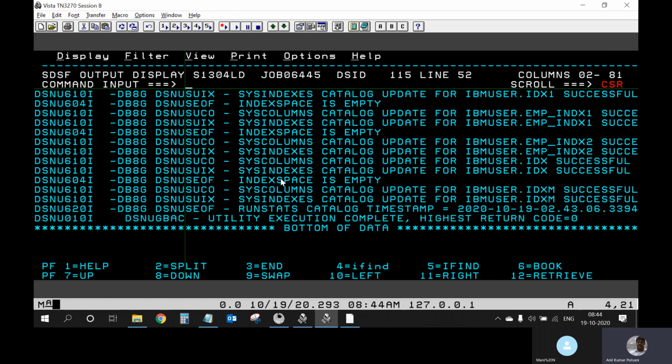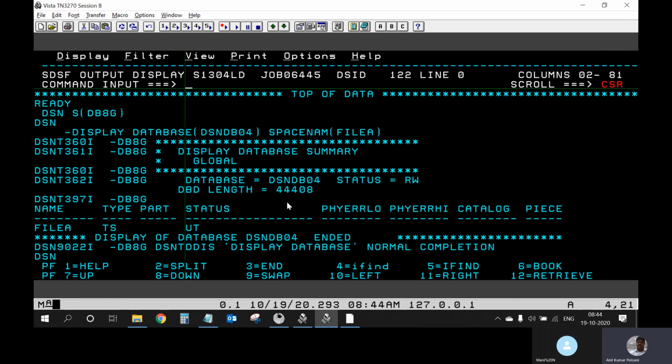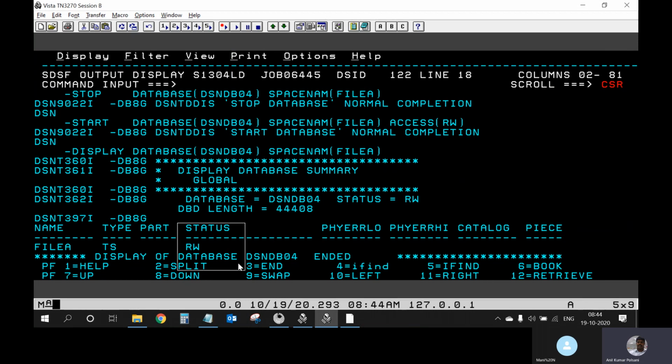All the system related tables for that table space will get updated by this run stats. Then you get 0 here. Come back to the last step, which moves the status from UT mode to RW mode.